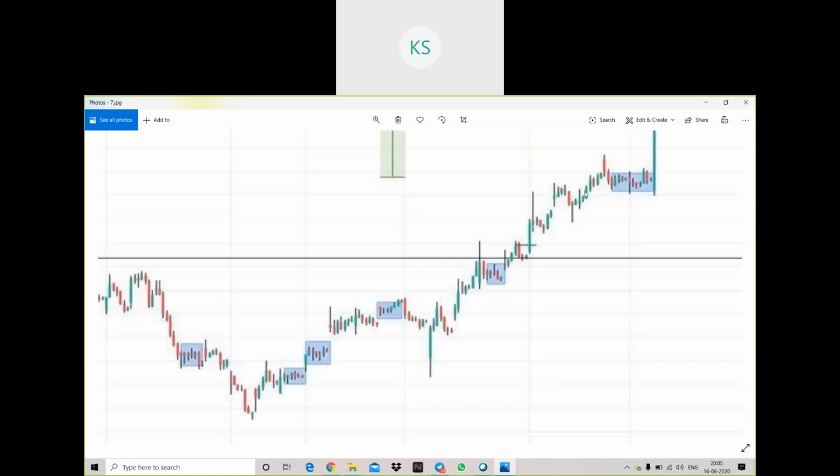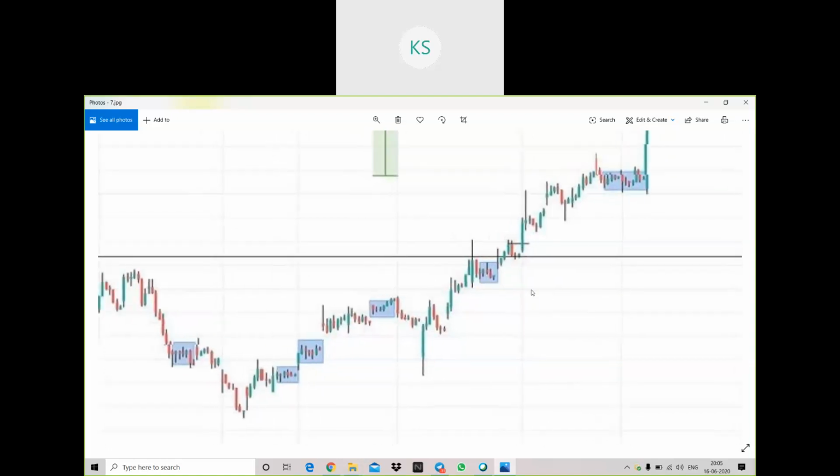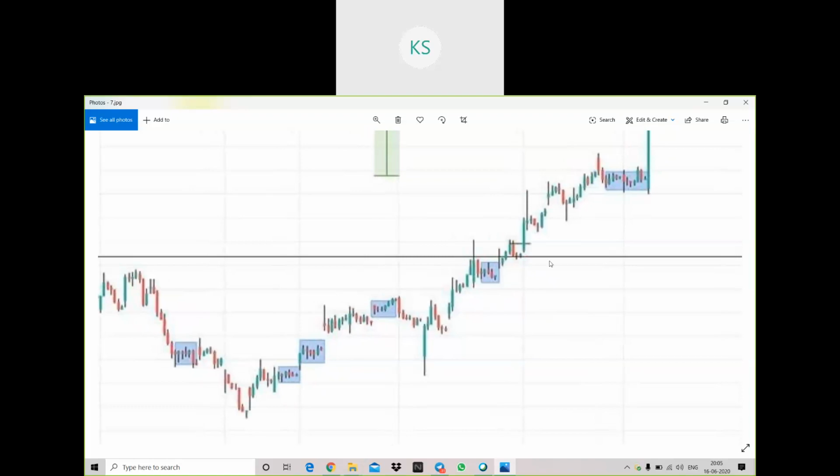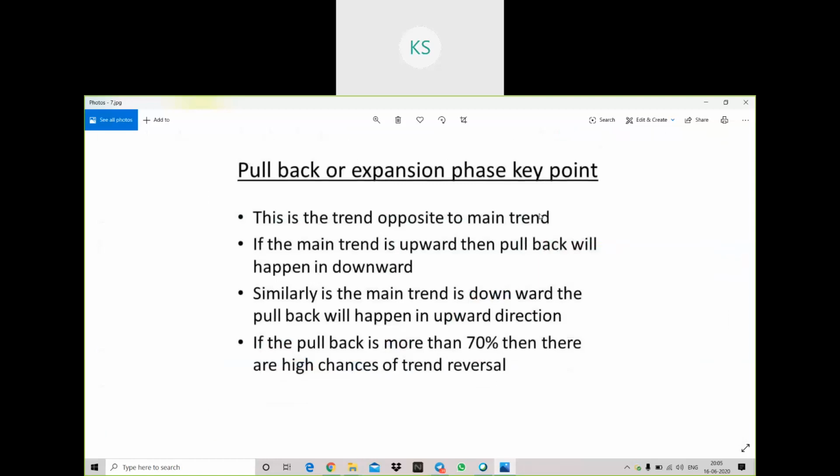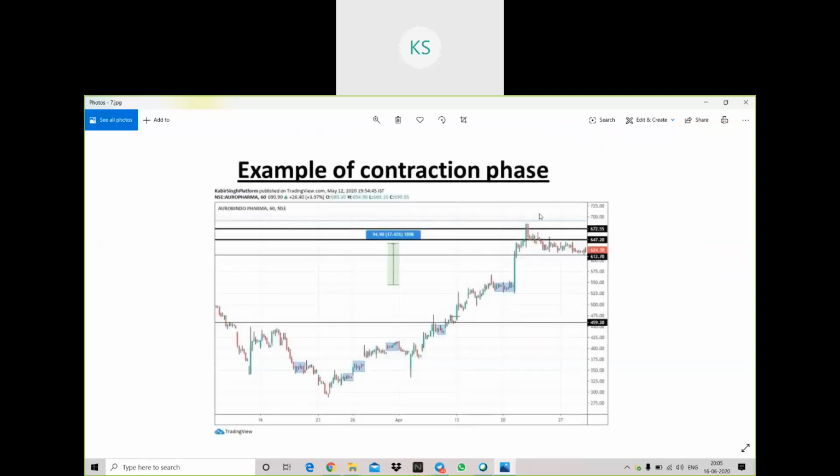Sometimes what will happen is you'll get the flag in the trend phase and then the consolidation part will be your flag. So you can also identify it that way. We have discussed the pole and flag pattern, right? So in the trend phase you'll get the pole and the flag you'll get in consolidation mode. In that way also you can identify it. Okay, here, if you see the highlighted part, it has small bodies. So all these highlighted parts are giving me an indication that the stock is in indecision mode. Okay, we'll see the other examples on the chart.